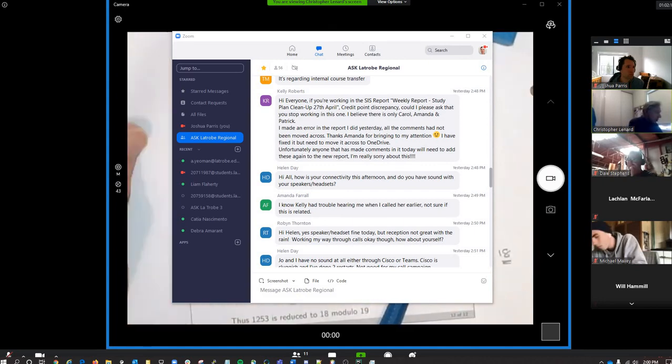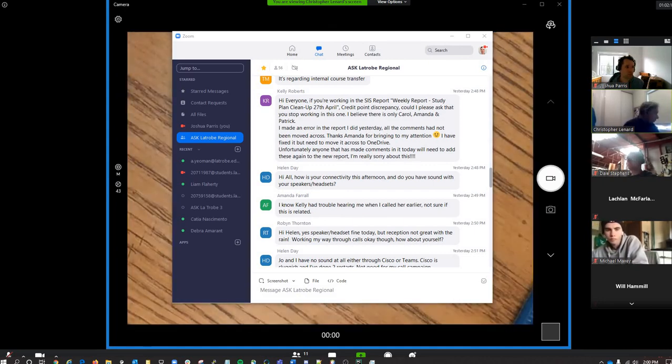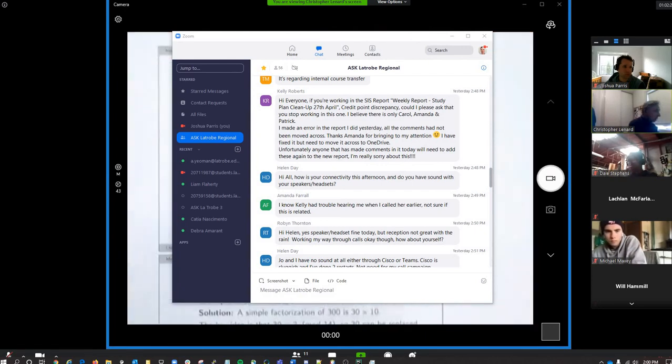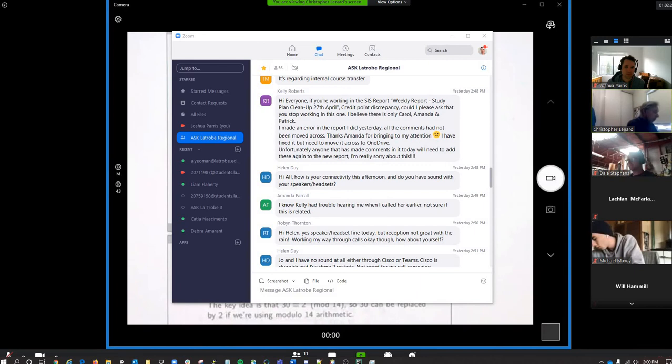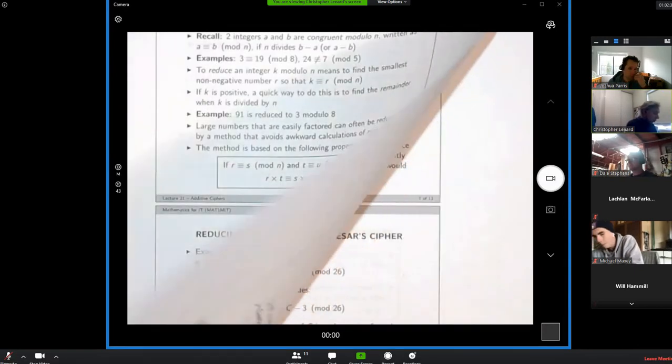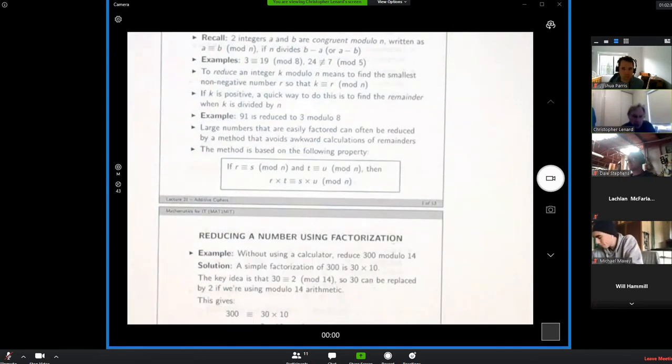Right, that brings us to 2 o'clock. So we break for a little bit, go get a cup of tea. The next lecture is basically doing this, reducing a number, and then there are even easier ways of doing things which will be useful. So let's break for maybe 5 minutes. It's 2 o'clock now, so if we come back at, let's say